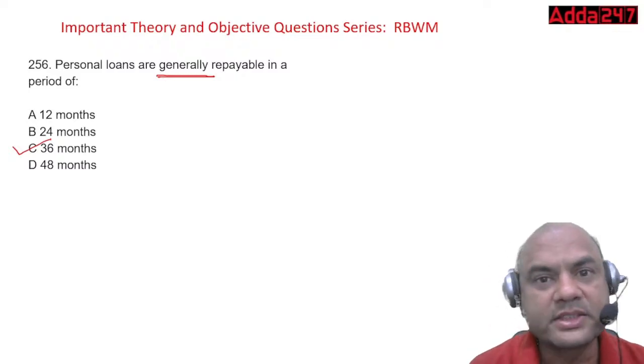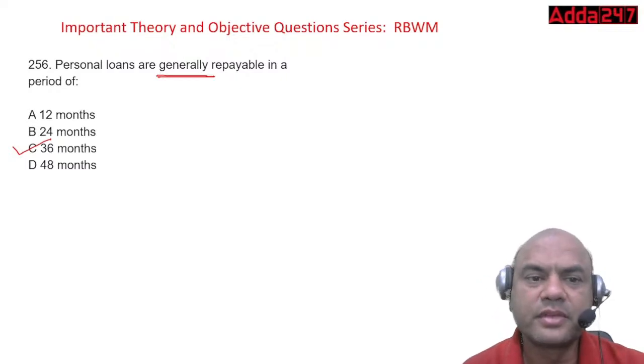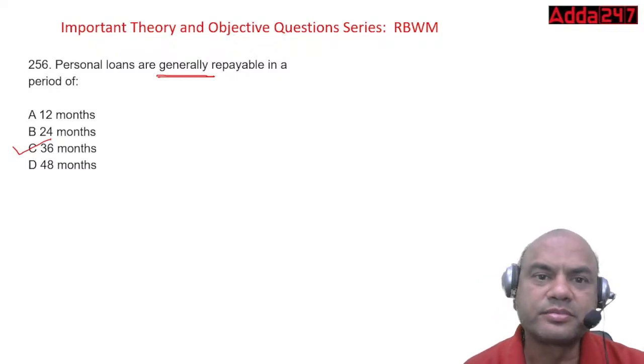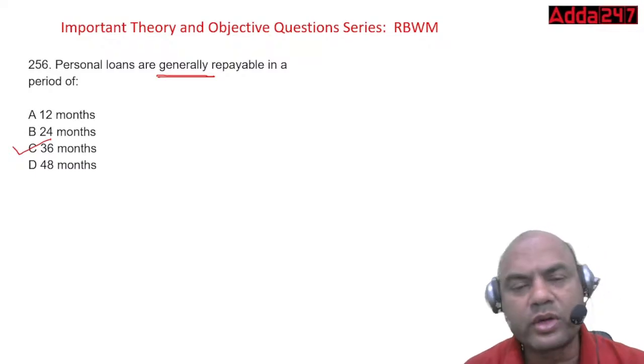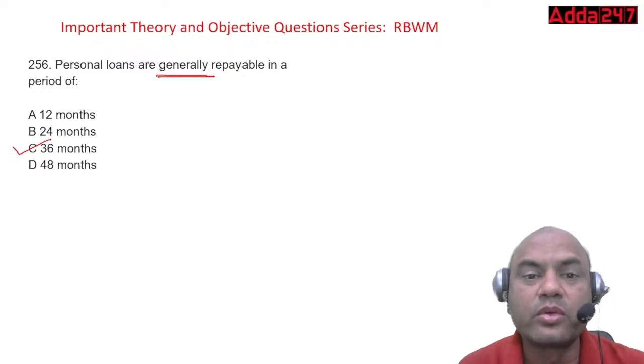You check the credit card systems now. All the credit card companies are giving the personal loans now. They are giving it for 6 months also. Okay. So you can design your own product nowadays. There's no written rule as such.